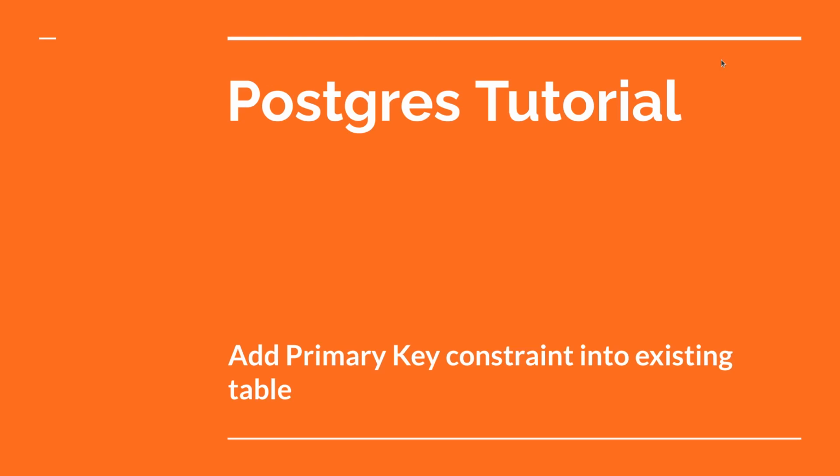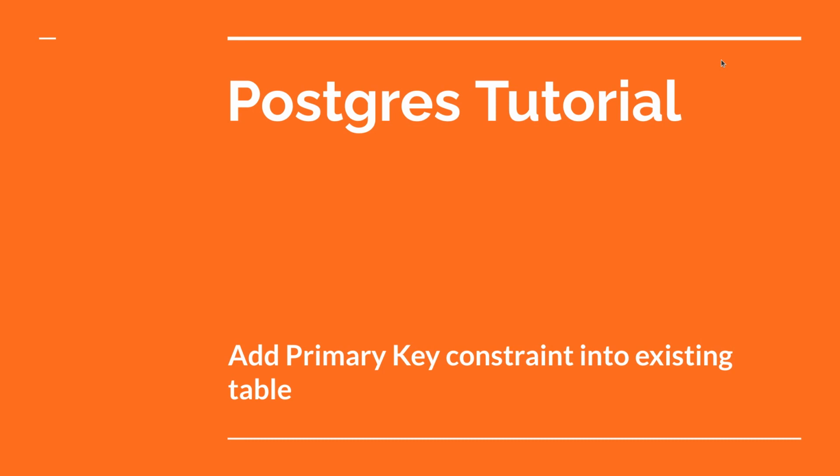Hello guys, welcome back. In this lecture, we will learn how to add a primary key constraint into an existing table. We already know what a primary key is and what it does, and we also worked on creating a table with a primary key in previous lectures. So let's switch to the PSQL terminal, and there we will add a primary key into one of our existing tables,